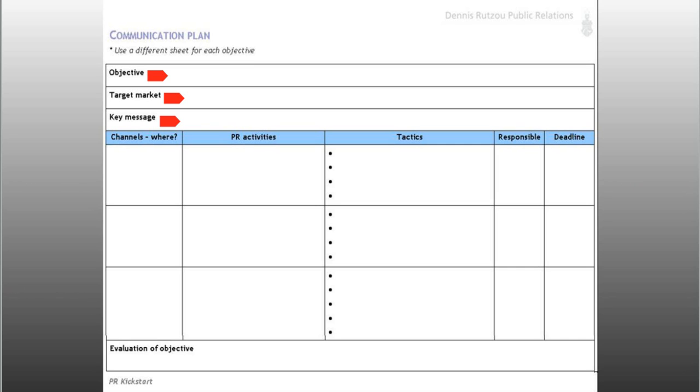Then in the table, in the channels column, you write what medium will you be targeting. Is it your local newspaper, Facebook, business group? And I'll give you an example of a filled-out communication plan in a minute. In terms of PR activities, it's what will you actually be doing? Will you announce your new service through a media release, seek a speaking engagement, develop a social media strategy? The tactics,